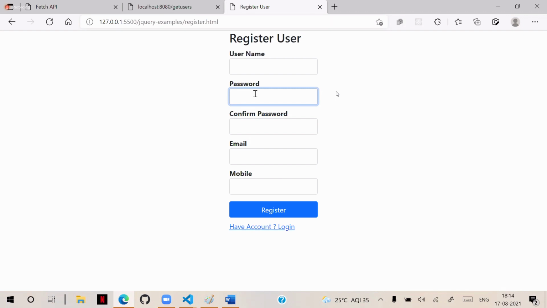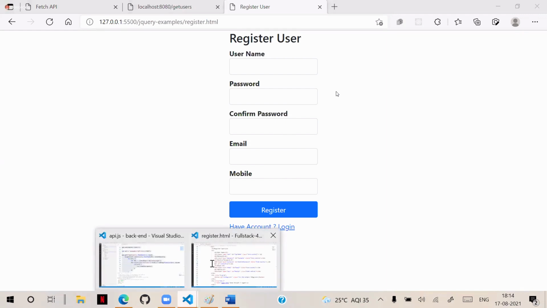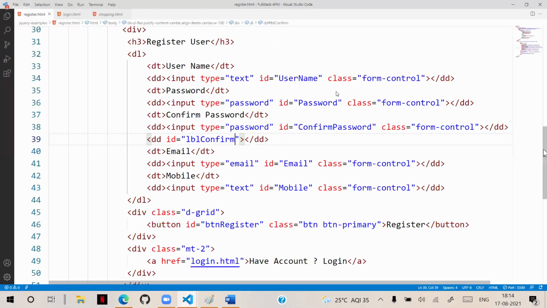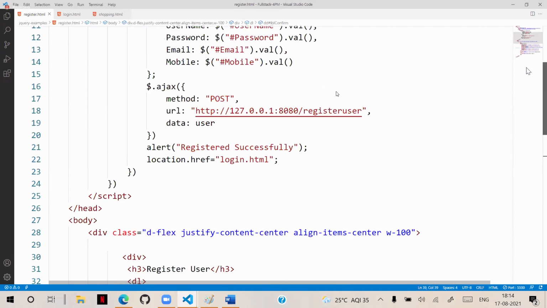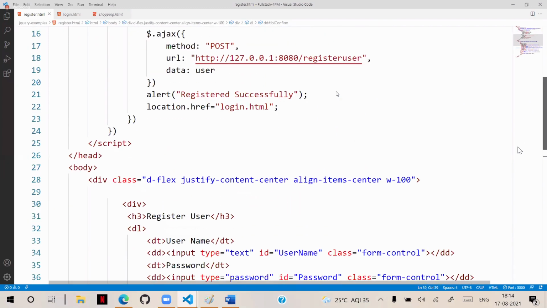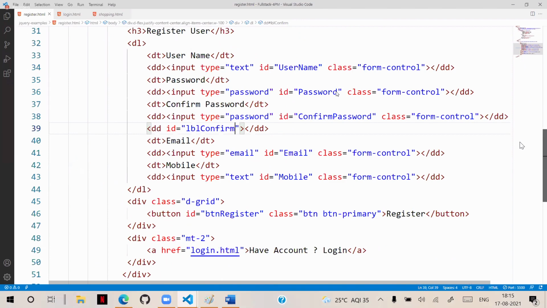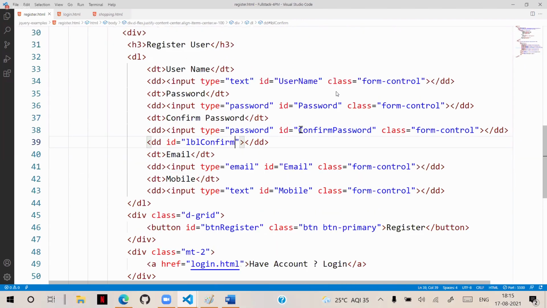Then how can we configure this, how can we handle this? Let's see how to handle and configure this. For that, you have to use your general HTML, JavaScript and jQuery knowledge. Suppose while typing confirm password, I have to verify the value coming from the password and check it with this here.